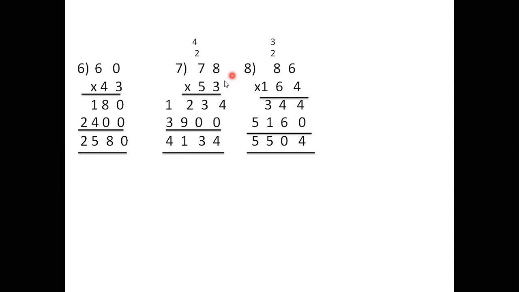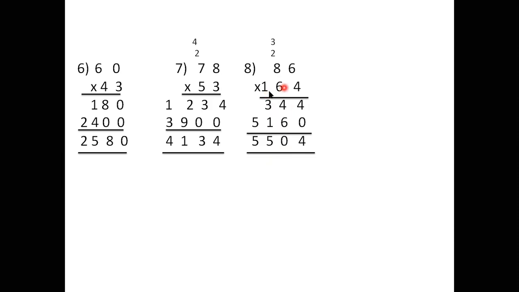Next, you have to multiply 78 into 5. 5 8s are 40. So here we will keep 0. Then 4 we will carry and 0 you will write in the tens place. Then 5 7s are 35. 35 plus 4 you will get 39. So now these two you have to add. 4 plus 0, 4. 3 plus 0, 3. 9 plus 2, 11. So this is carry. Here 3 plus 1, 4. So we will get the answer as 4134.